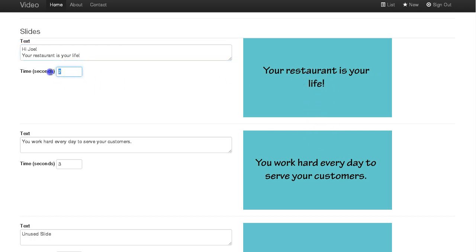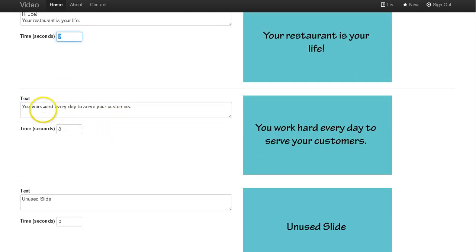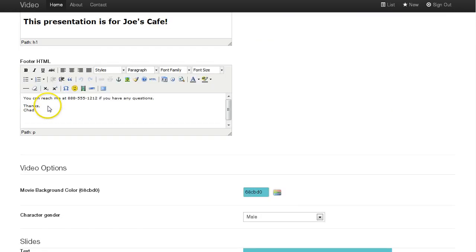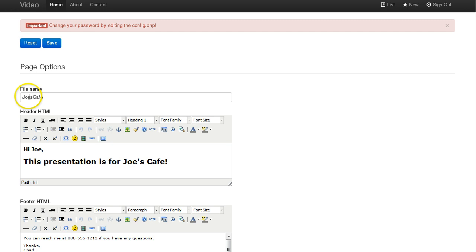And you have a time setting too, so if you increase the amount of text or shorten it, you can adjust the time appropriately so that they have time to read it or they're not waiting too long. You can change as much as you want in here. In fact, let's go ahead, and since I've already created one for Joe, let's create one for Jim, and that's